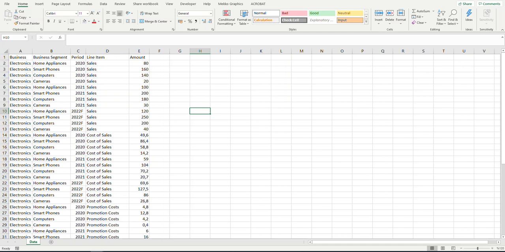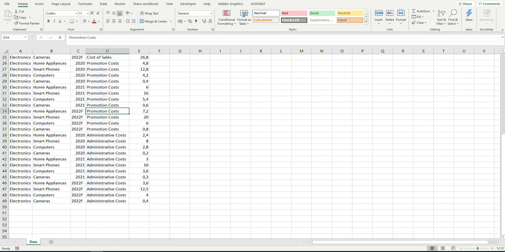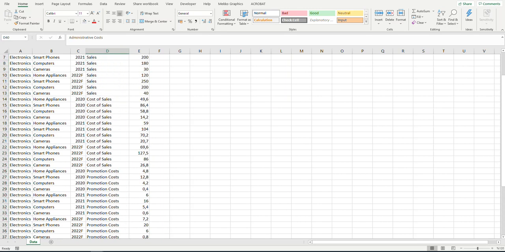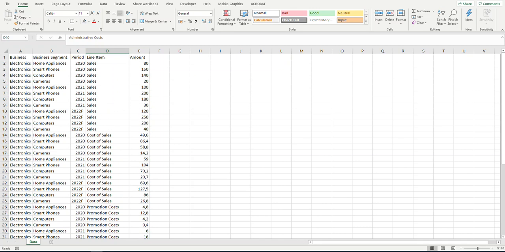Here is our raw data. Let's imagine we are operating an electronics business and we have different business segments, and we have previous periods 2020, 2021, and we have 2022 forecast. And also we have different line items like sales, promotion costs, administrative costs. We're going to create a small P&L to see different KPIs. And here are the